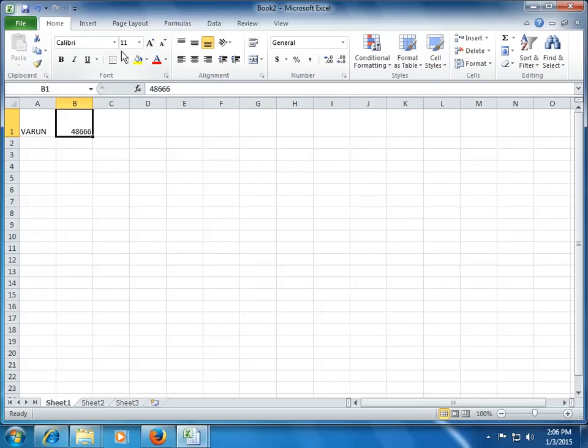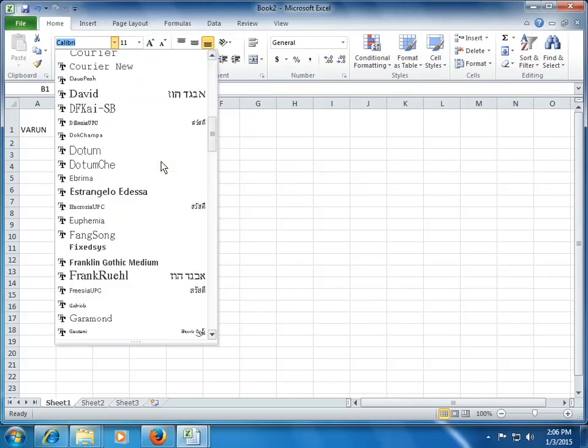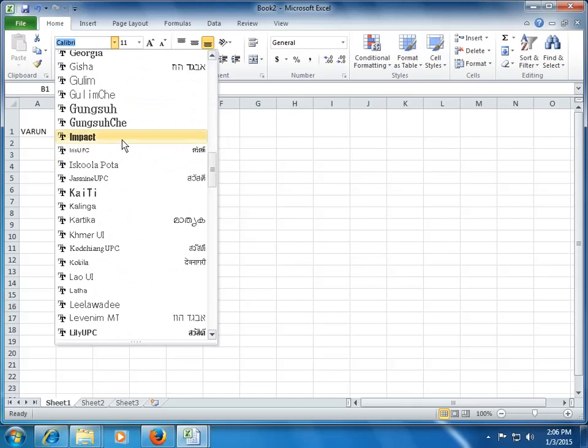So first let's focus on the font style, right? So I use this drop down here, okay, and I can change the formatting to any given font style. You can see that we have n number of font styles available in Excel which are arranged alphabetically, and as I place my cursor on each of these font styles, you can see the live preview on cell A1 on the back side of this window, right?